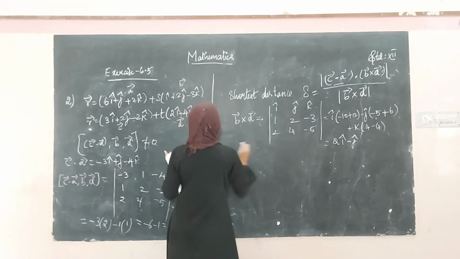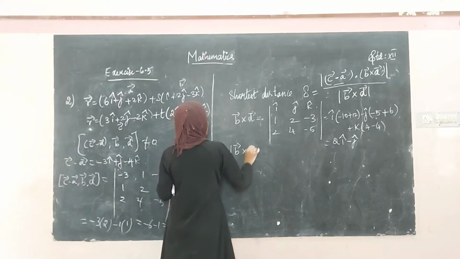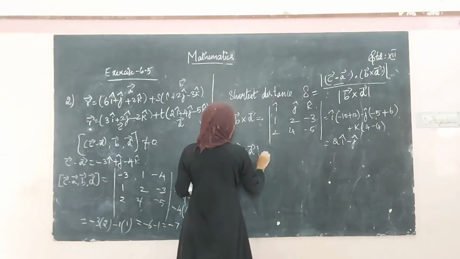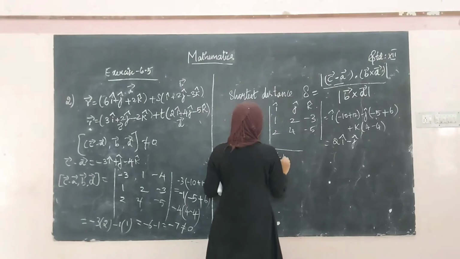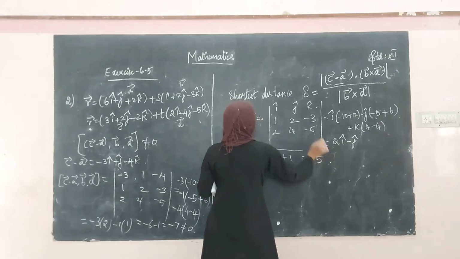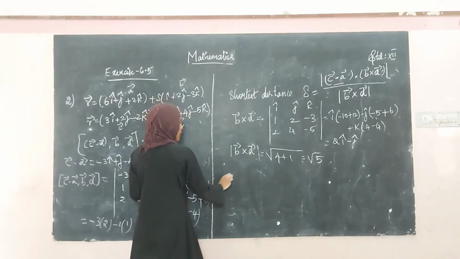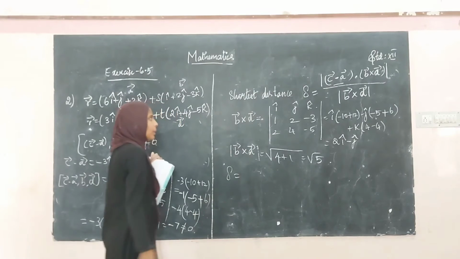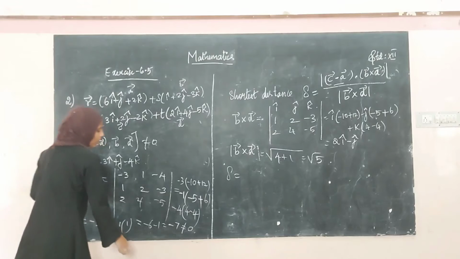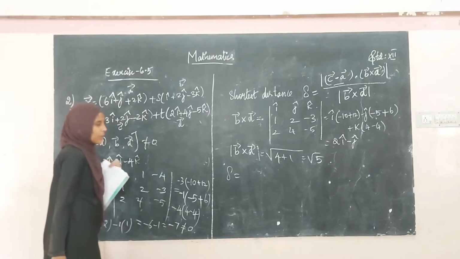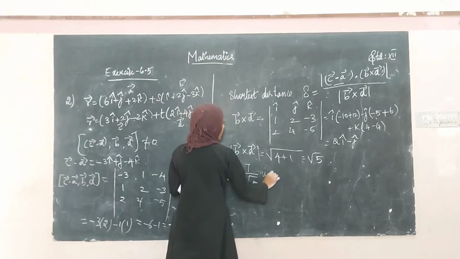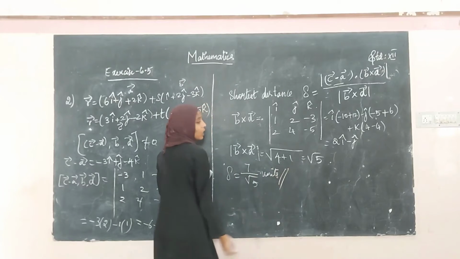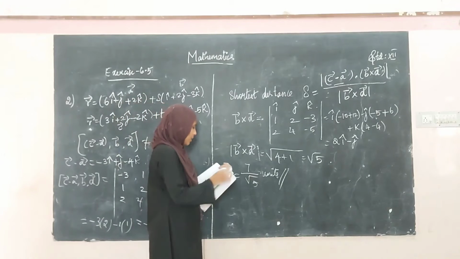What is the modulus of b vector cross d vector? You want to find this also for the denominator, right? So it will be square root of 2 square is 4 plus minus 1 the whole square is plus 1, so it is equal to square root of 5. Okay, now shall we find the del? Del is equal to the modulus of the box product. When we apply modulus for minus 7, it becomes 7. So 7 divided by the modulus of b vector cross d vector, which is root 5. So this is 7 by root 5 units. You have to write units because you are finding the shortest distance.